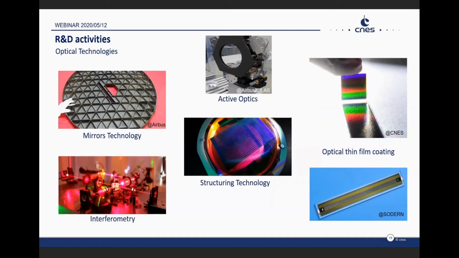Always for large optics, we develop activities like deformable mirrors, wavefront sensors, and mechanisms compatible with the space environment. Another area that interests us is thin film coating, because we have very specific needs and very robust technology is required. We have a lot of work with institutional partners on this subject. And these pictures give some examples, but are not exhaustive.